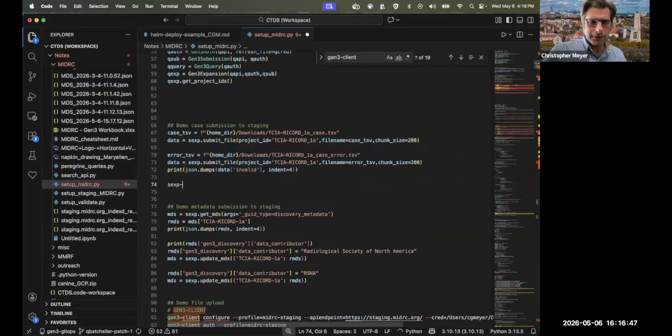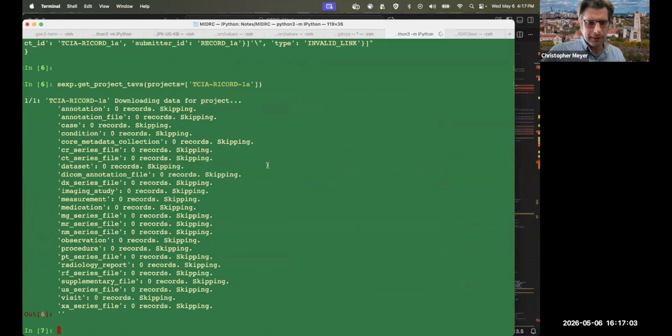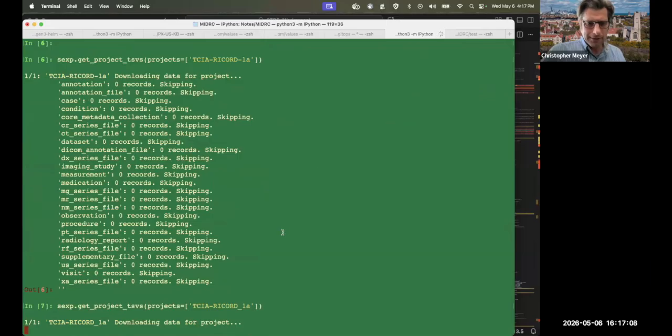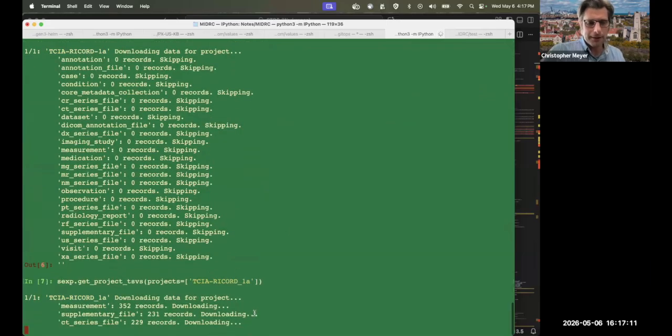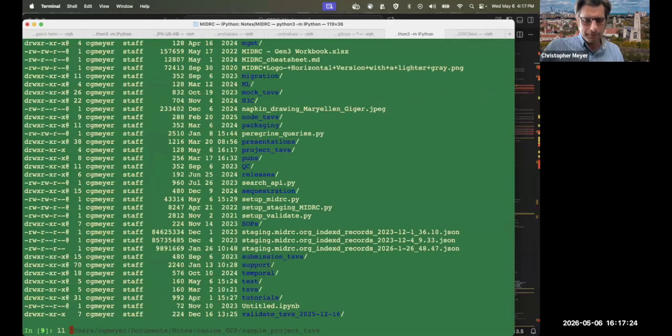I have a little function called get project TSVs, and you can give it a project ID, and it'll start downloading it. Oh, I mistyped the project ID there. And so basically what it's doing is it's looking through the data model, at all the different nodes in the data model. It's saying, oh, there's no MR, DX, MG, but for all the ones that do have records, it's downloading them. And if I look,